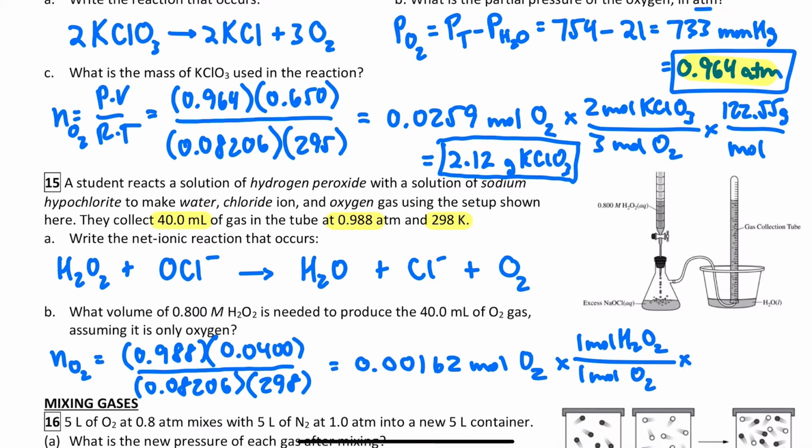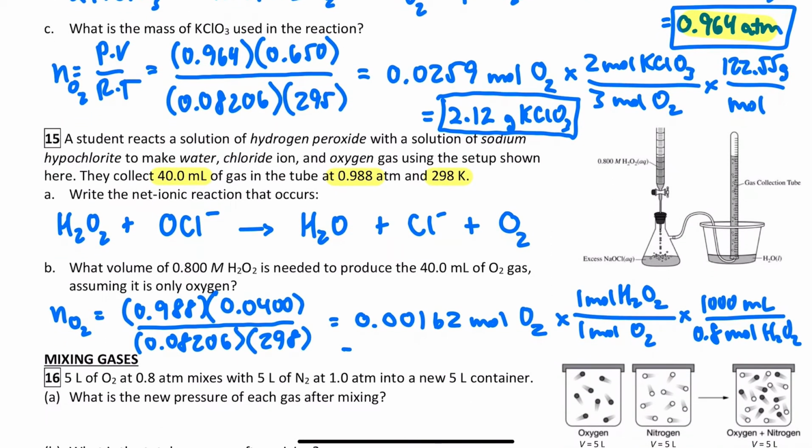And then the molarity, if I want to get out of moles of peroxide and into a volume, I could use the molarity, 0.8, although I can tell from these numbers I'm going to get a really small number of liters. So I'm going to change that liter in the numerator to 1,000 milliliters. That'll just give me a nicer number to look at in the end, and you get 2.02 milliliters of the